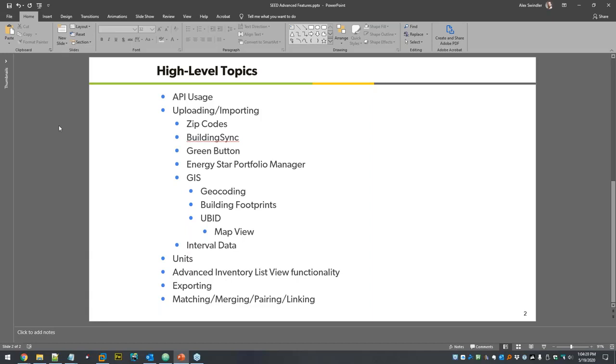Then we're going to go into uploading data from your local computer or importing directly from Portfolio Manager. This includes some of the tricks that we're using to handle things like zip codes or BuildingSync information, meter data, Green Button, ESPM, geocoding data using the MapQuest API, importing building footprints, unique building IDs, visualizing those building IDs on a map, showing interval data, and then some of it's just going to be around how you manage your